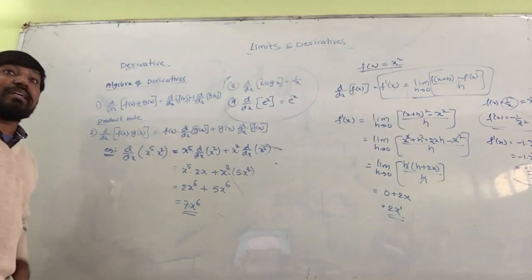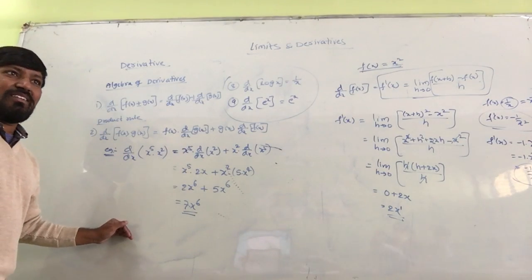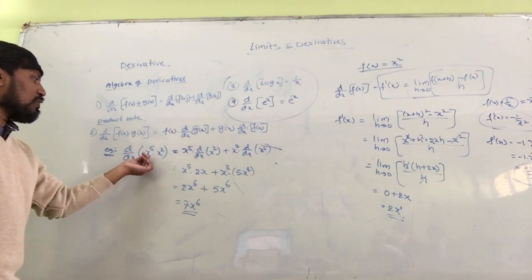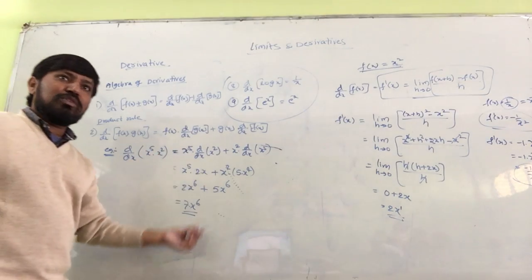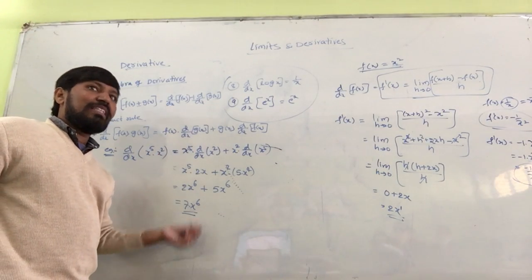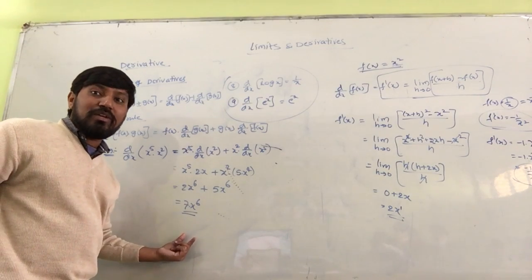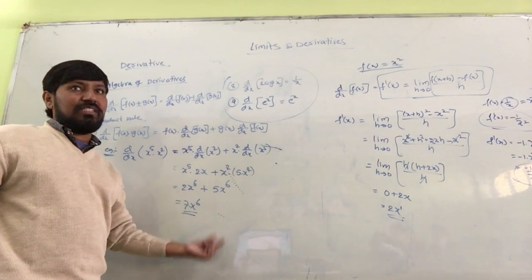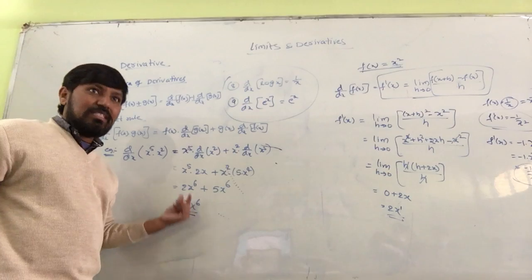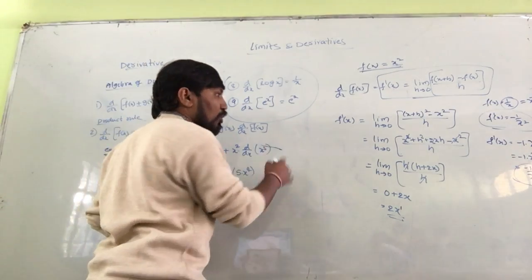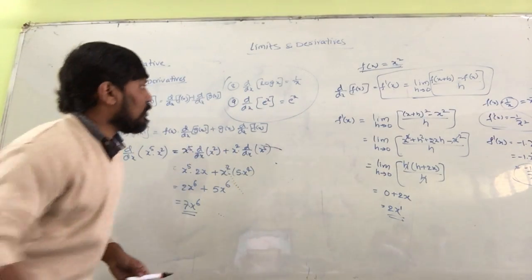घुमा के नहीं कर लिया, but to understand verification, how it is written. Suppose if I give you here sin x into cos x, same procedure. But whether it is right or wrong, to verify you need to know that. We know the answer we are going to get is 7 into x to the power of 6. Okay, this is verification purpose. This is the product rule. Next we are going to have the quotient rule.